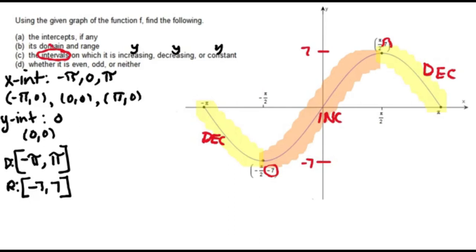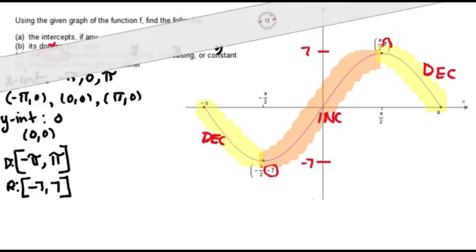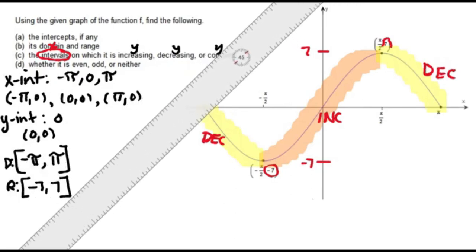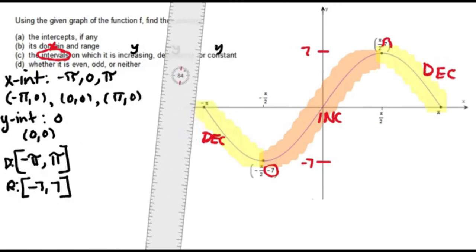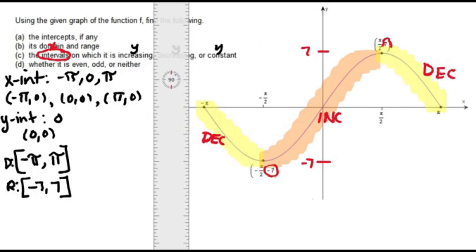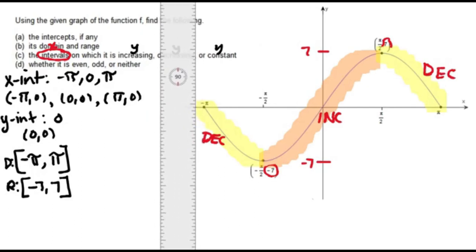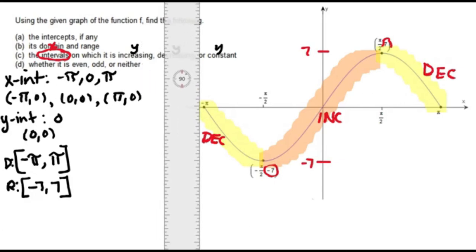Now these intervals are X intervals. So I'm going to bring out my ruler again, and since I'm looking for X intervals, I'm going to hold this ruler vertically, and I'm going to pay attention to this decreasing section,